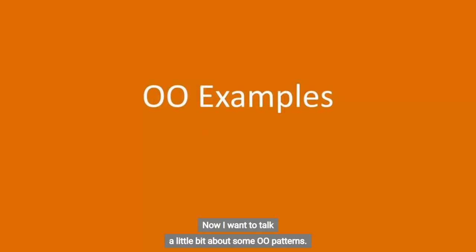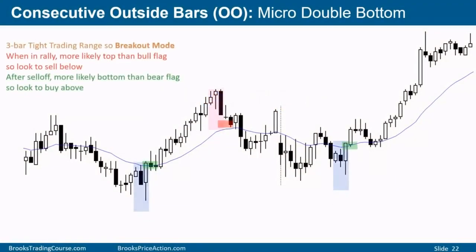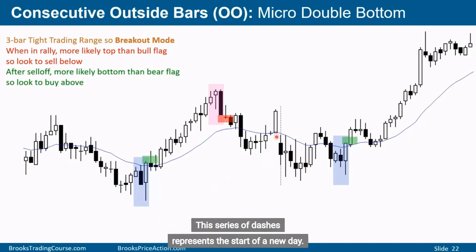And now I want to talk a little bit about some OO patterns. I have several in this chart. This series of dashes represents the start of a new day. We're early in a bull trend here, and we have an outside down bar followed by a bigger outside up bar. And this is one of those perfect patterns where we have a bull bar here,